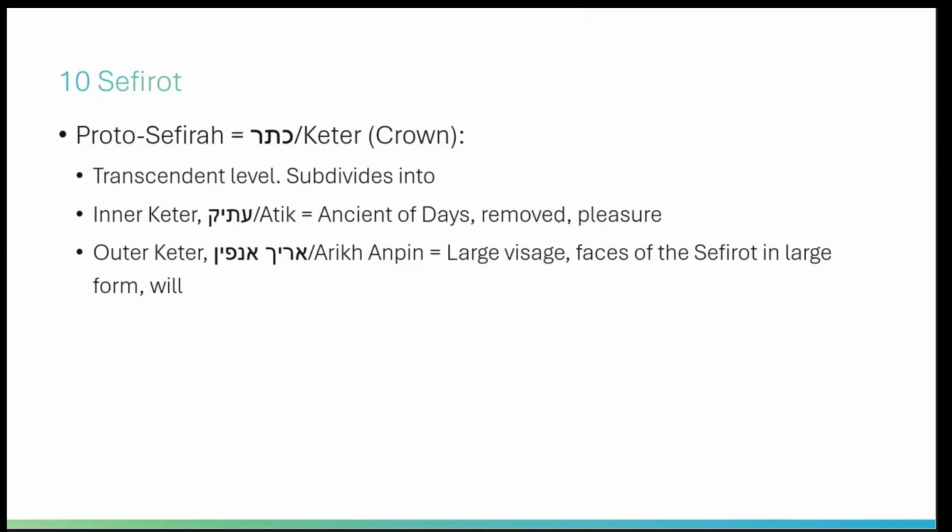But when we talk about Keter, it's not quite what we mean there. I think a better way of understanding what it means in the context of Keter is that it's the faces of the Sefirot in large form. In other words, all of the Sefirot exist over there, so it's not completely removed, like Atik is removed from the lower